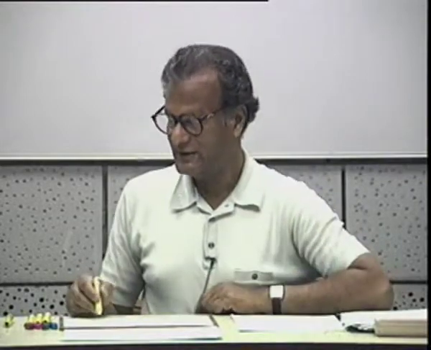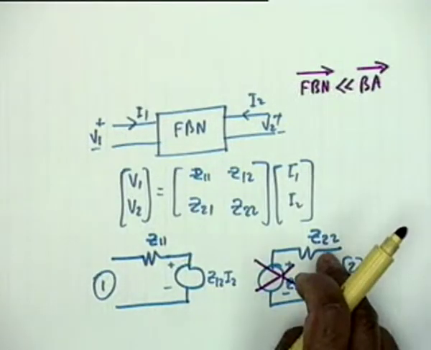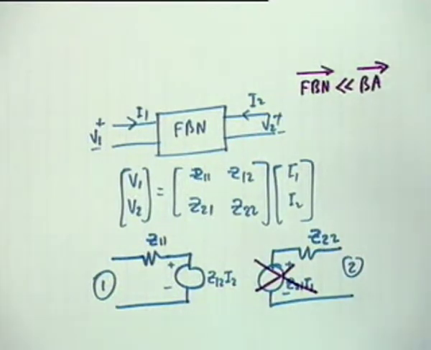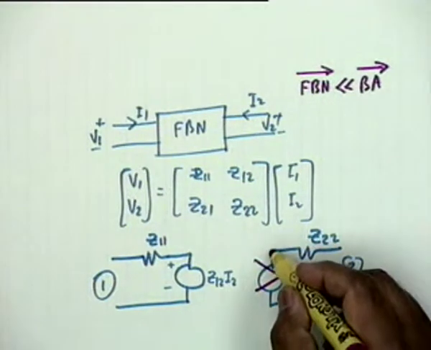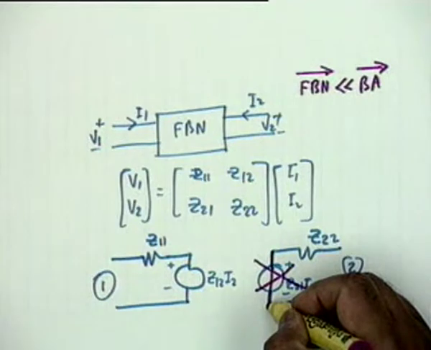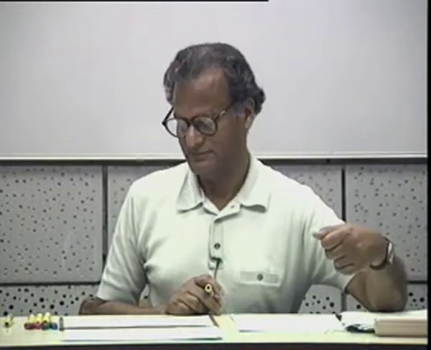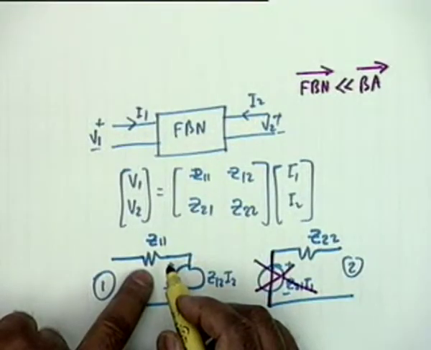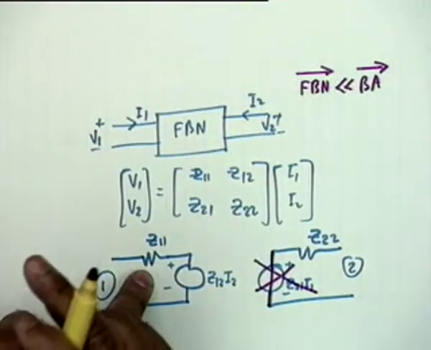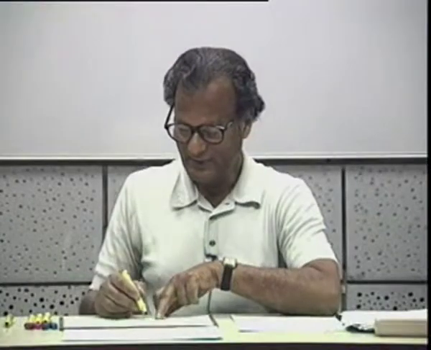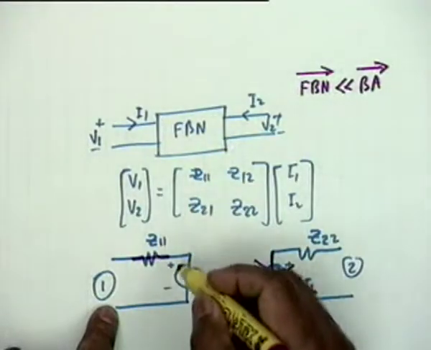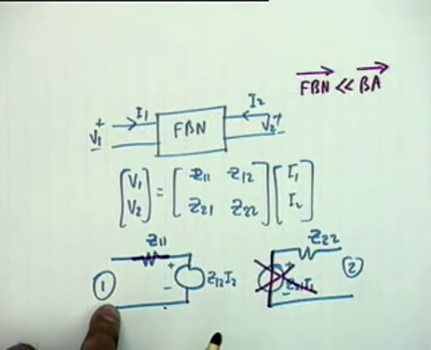Obviously, then we are left with Z22. What is Z22? It is the impedance measured from port 2 with port 1 open. Okay, this is the justification, and there becomes a short circuit here, which is what my ideal series configuration is. There is a short circuit here. So Z22 goes back to the basic amplifier in the lower lead. Similarly, Z11 goes to the basic amplifier in the lower lead. I absorb it there, and if Z11 is taken out there, what I am left with is a voltage source. This is what I wanted.